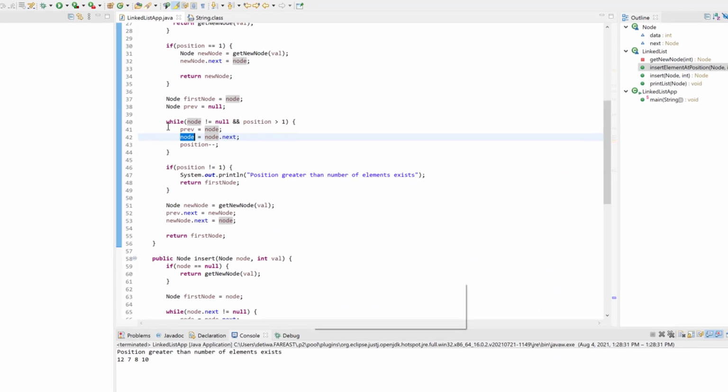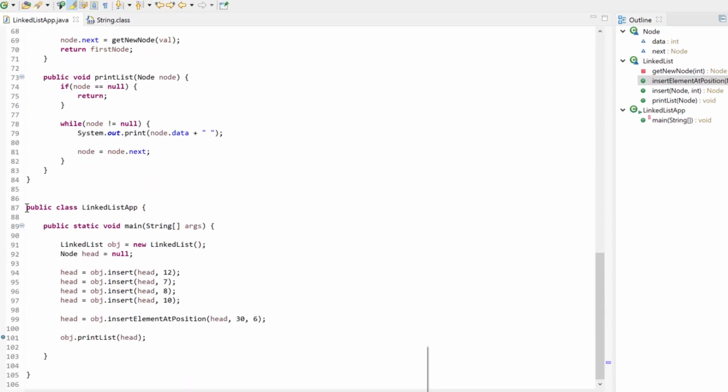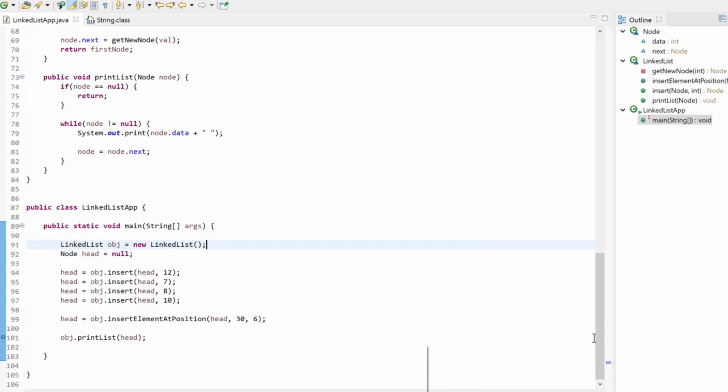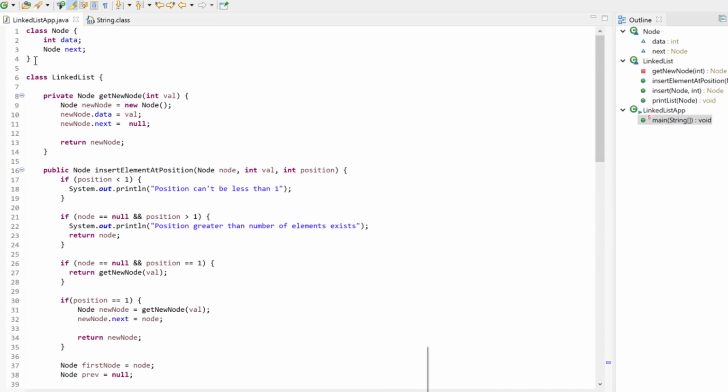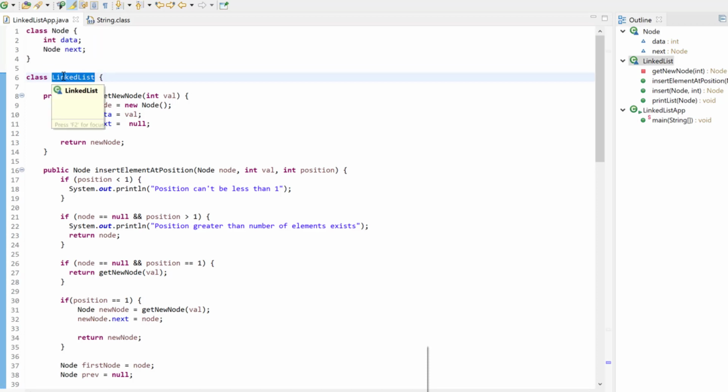So you can see here, this is our linked list program. This is our main that we have, and in this we have this class node. If you are solving our previous tutorials, then you already know how we solve this. We basically have this class node which contains the data and next pointer. Then you have the linked list, which is kind of a helper function to operate all these operations of linked list. Get new node will give you the new node.